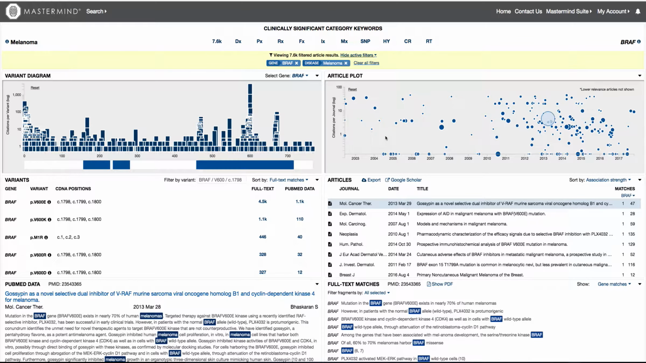The first feature I will describe is the article impact factor plot. This plot depicts each article in the Mastermind results as a separate icon plotted along the x-axis by publication date and along the y-axis by the journal impact factor or citation score for that journal. The size of the icon is a reflection of the strength of the association of the terms within the article based on the number of times the terms are mentioned, where in the paper they are mentioned, and how close